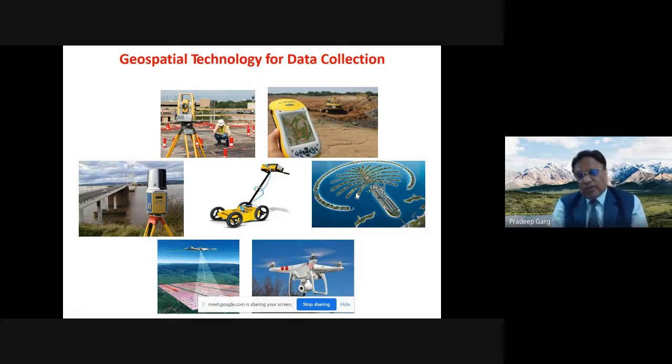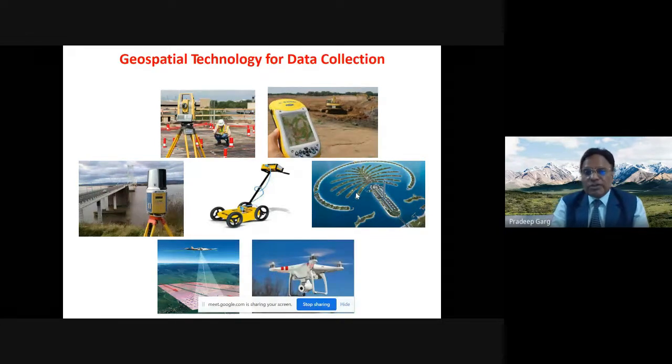This is in the shape of a palm tree, but this is the best example of civil engineering construction in the sea area, because we find that the land area is limited, the population is outbursting, so we need an alternative. So one could be we grow vertically, and another could be we use sea area for that